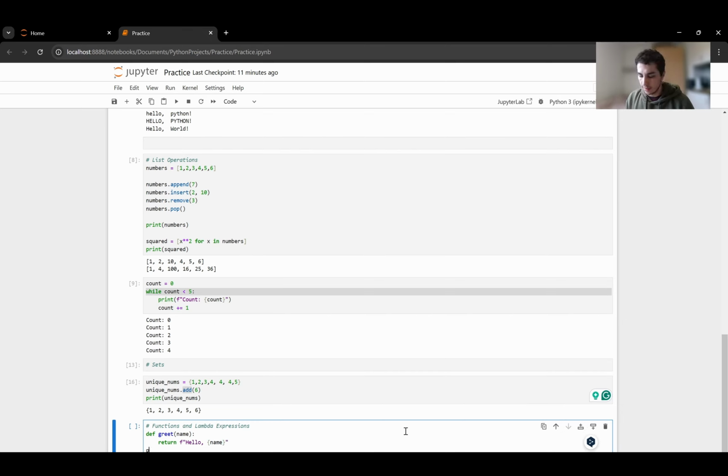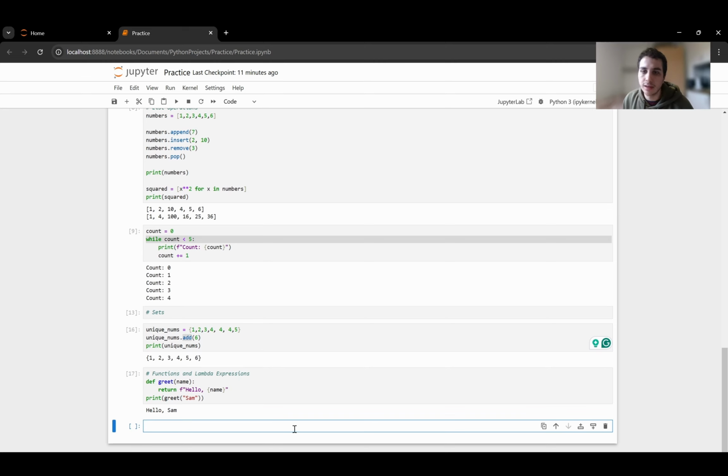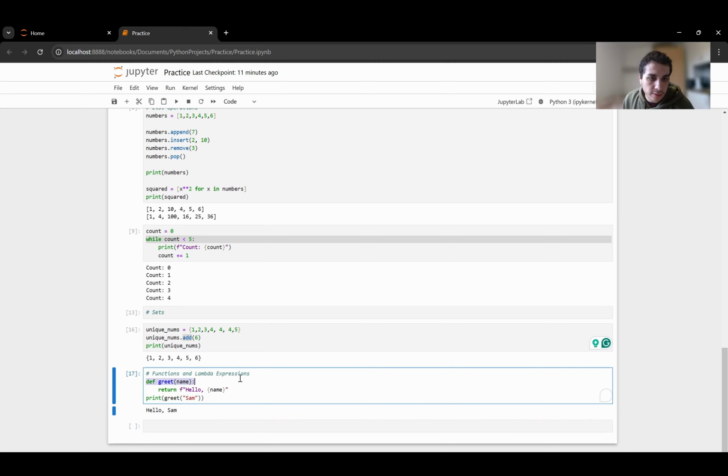And if I say print greet, now when I call the greet method, I need to give it a name. I will say Sam, something simple. It will say hello Sam. We make the function,